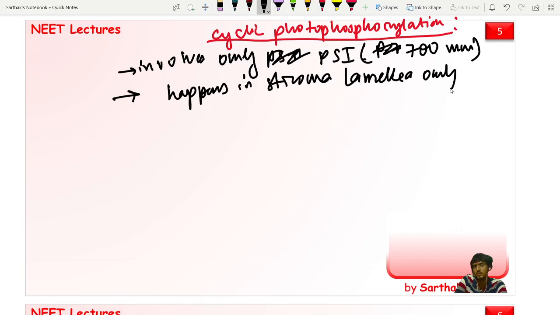lamellae only. Why? Because I have told you previously, the stroma lamellae is the connecting link between the two grana. So in the stroma lamellae the cyclic photophosphorylation occurs, and the non-cyclic photophosphorylation which I was talking about happens in the grana membrane. Understood? So cyclic happens in stroma lamellae only,